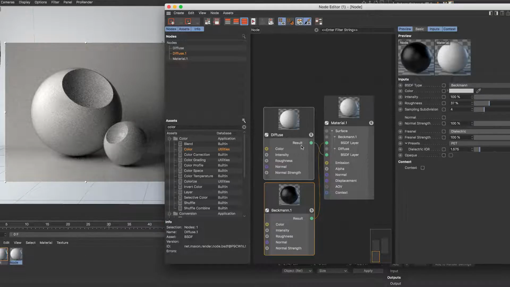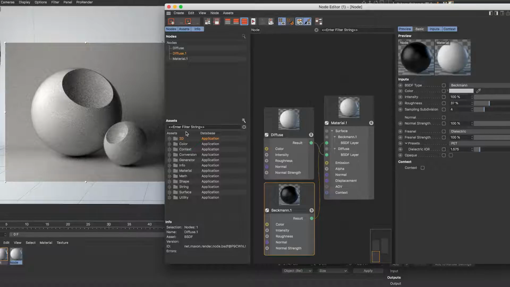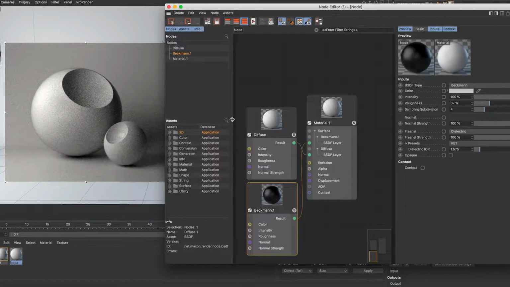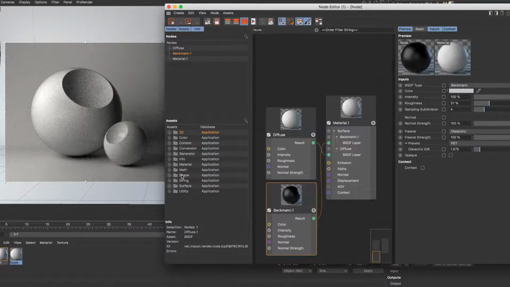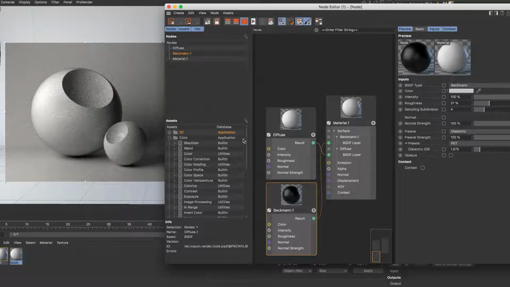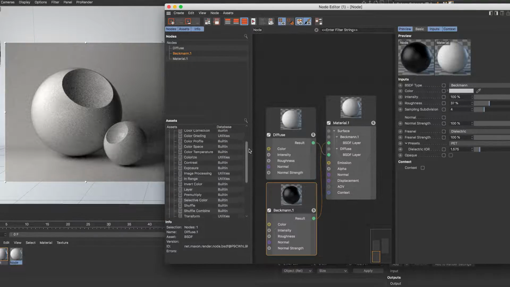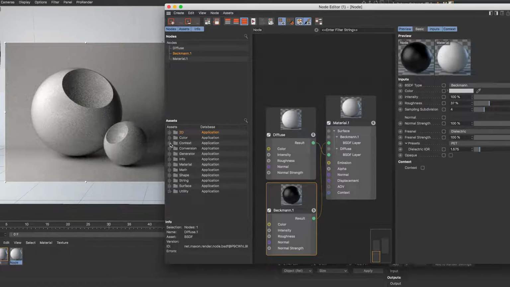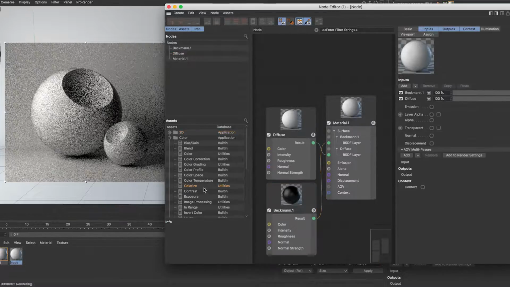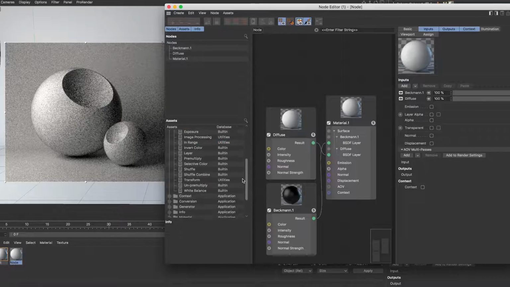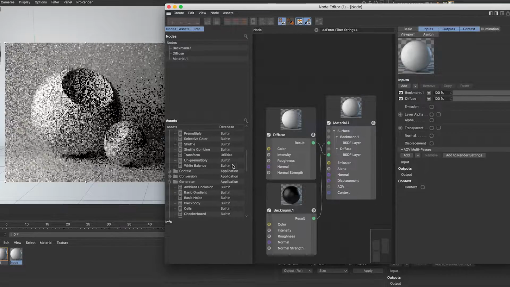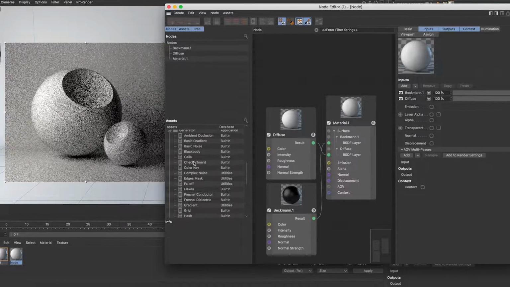Okay. Now, what you're going to notice is on the left side here, if I set this back to default, is a whole bunch of folders. Now, you can think of these, as you twirl them down, as all of the different types of node effects that you can add to your whole node setup here. So you have stuff like colorize, and in the generators, you have ambient occlusion, you have cells,